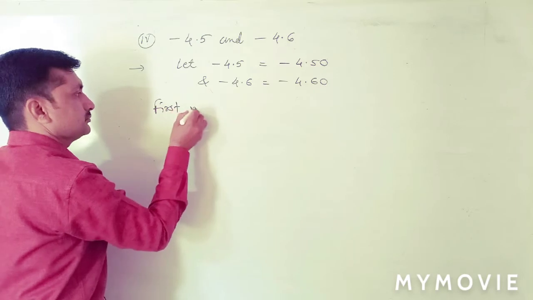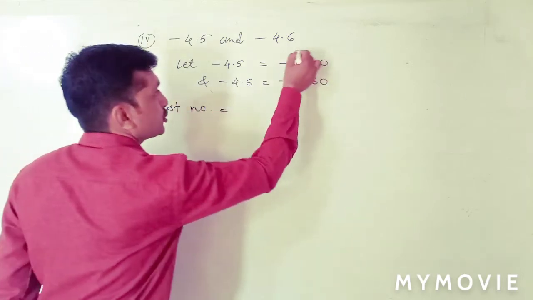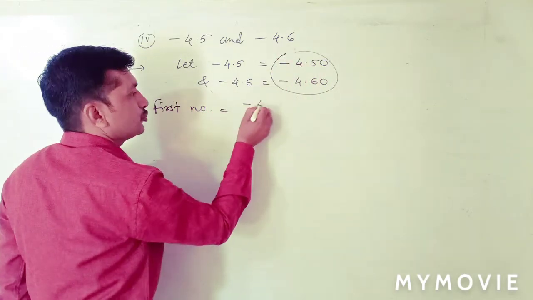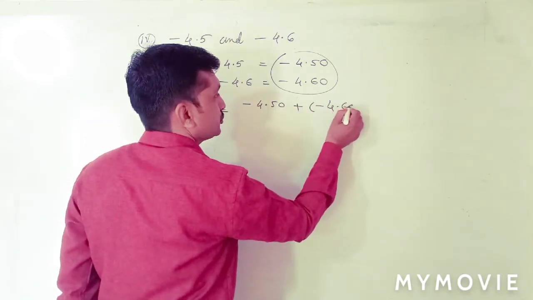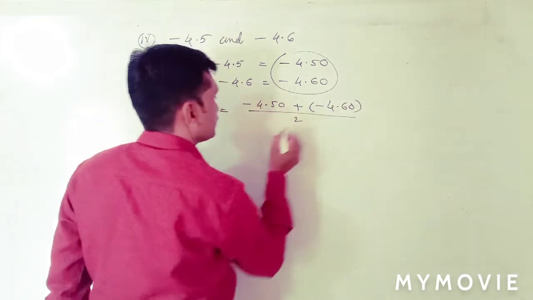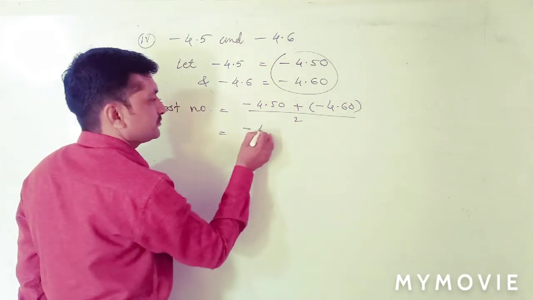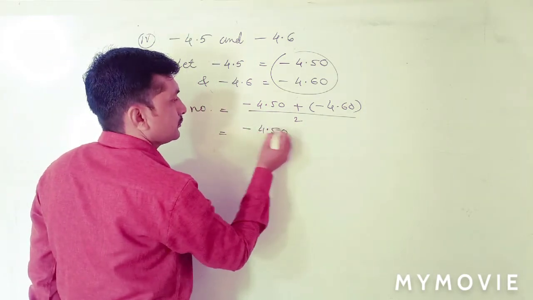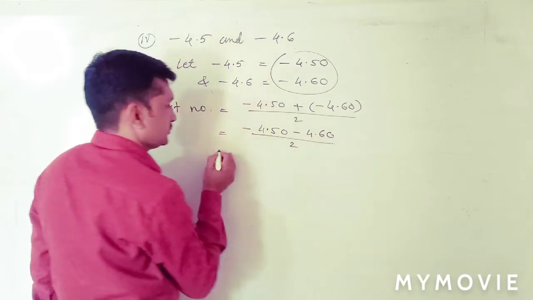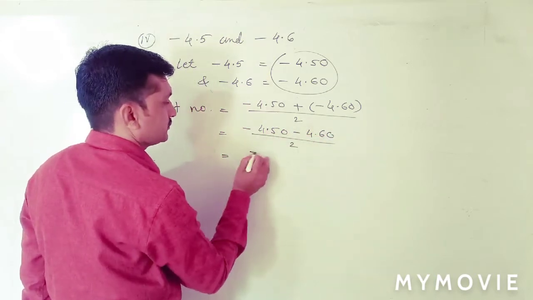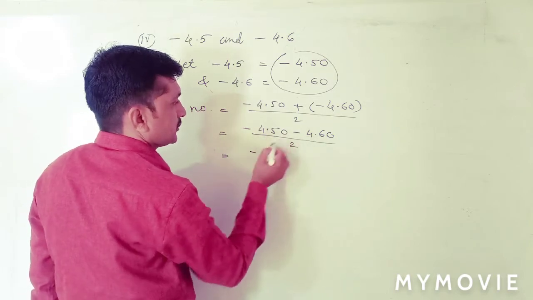First number is equal to the average of these two: minus 4.50 plus in bracket minus 4.60 divided by 2 is equal to minus 4.50 plus minus 4.60 divided by 2. Same sign, addition, higher value sign, minus. Addition is